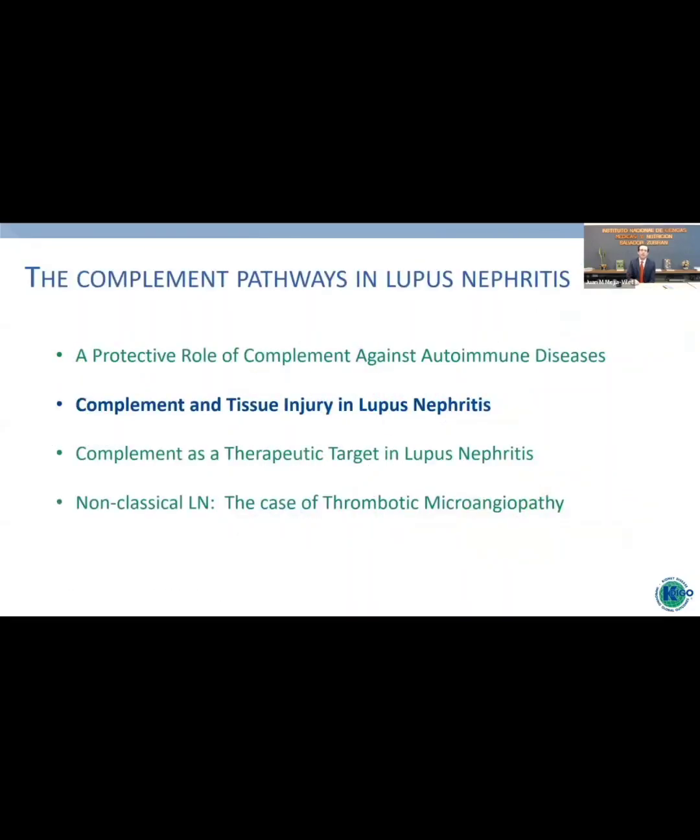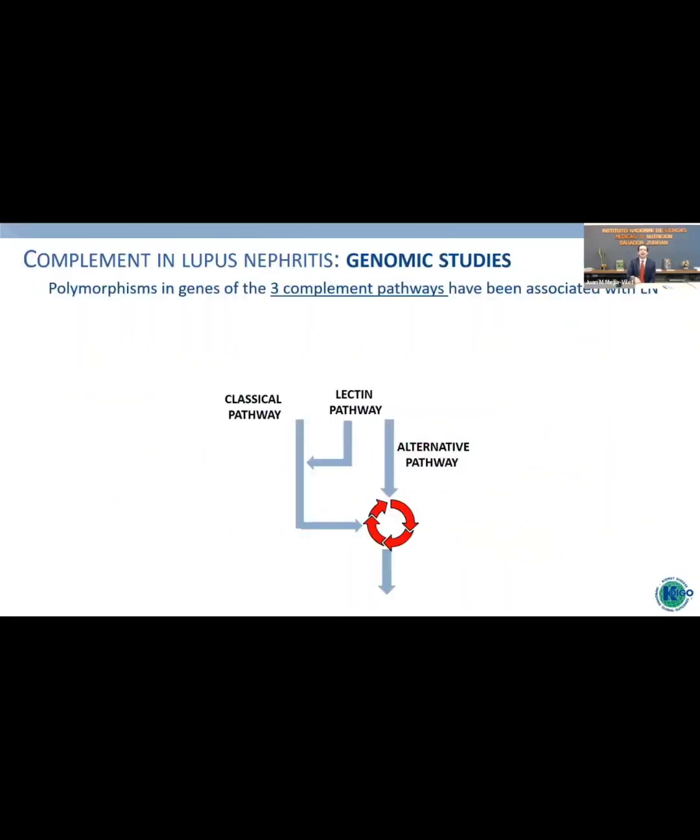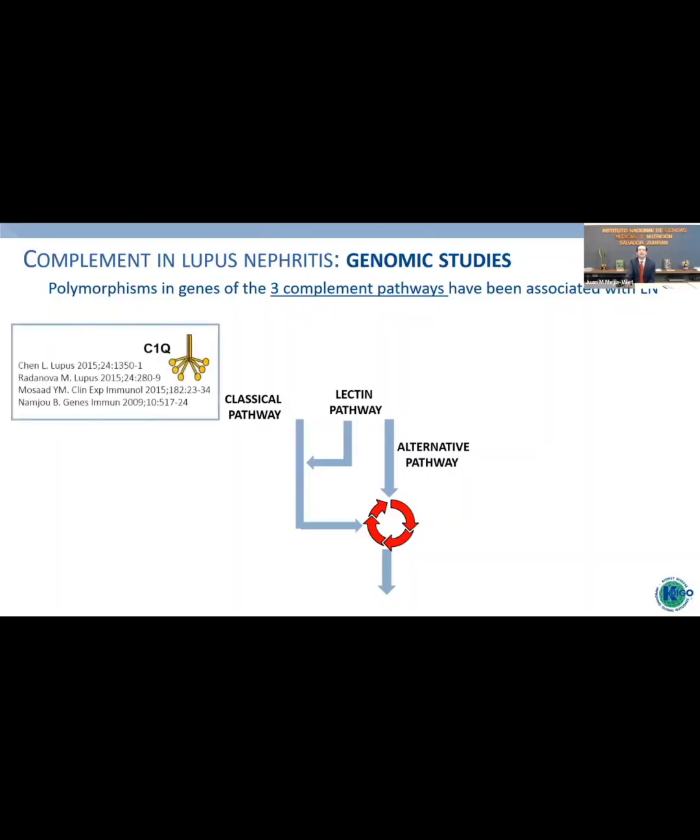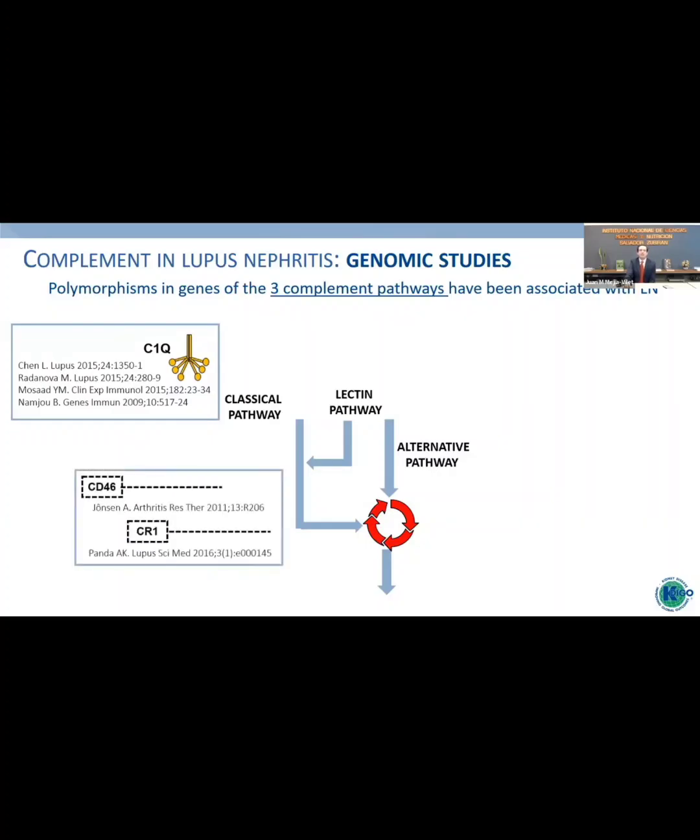So there's a protective role for complement, but also there's a damaging role for complement in lupus nephritis, particularly in the inflammatory phase. We've seen this through the years in several studies. I'm going to show some genomic studies first, which try to find polymorphisms or gene variations that predispose to developing lupus nephritis particularly. So we've seen that the classical complement pathway is involved, and also its inhibitors, but